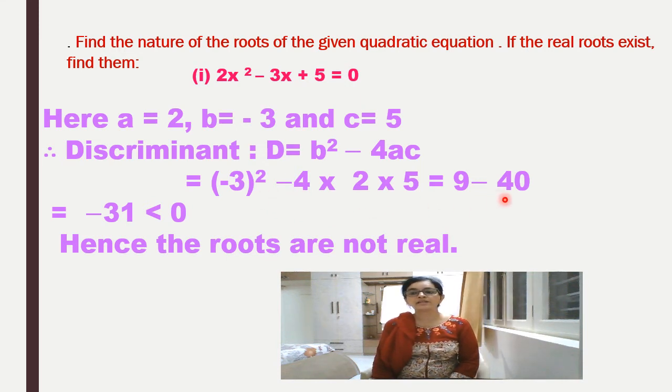Now here is the danger. See, you can see it is minus. The danger has begun. Now, because it is a negative one, it is not going to have any real roots. Hence, the roots are not real. So, we cannot use the formula. If the roots are real, then only we can find the roots. But here the sum ends. Why does it end? Because the roots are not real. So, we need not find the alpha and beta, which are our usual roots.